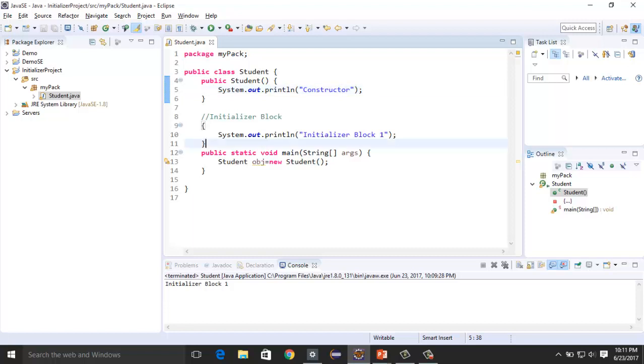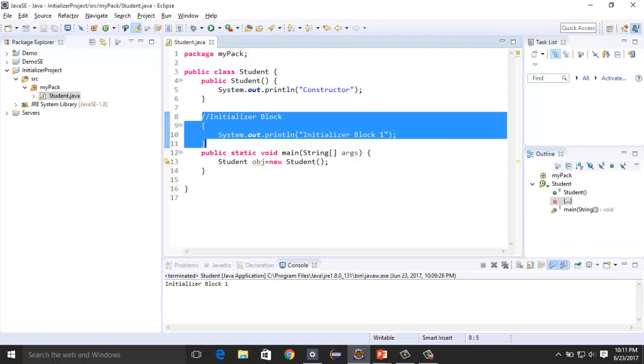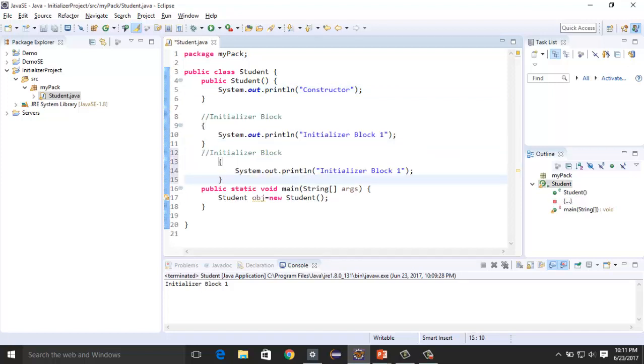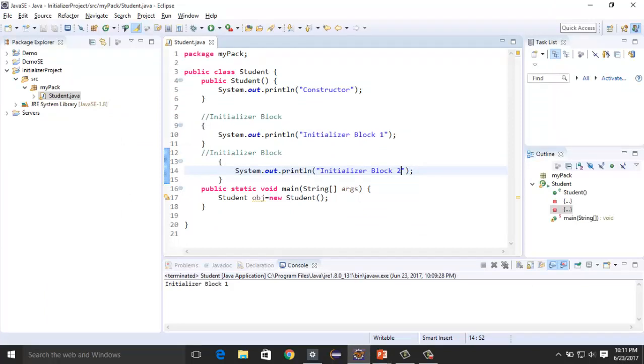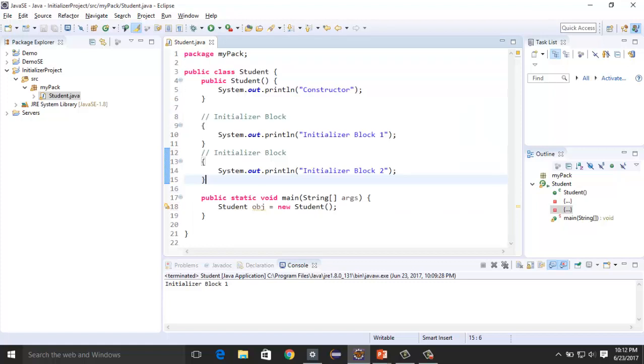So let's create another initializer block. If this statement is saying that initializer block is invoked after parent class constructor, so these two statements must get called after object invoked, and after calling these two initialization blocks, this constructor statement should be printed.